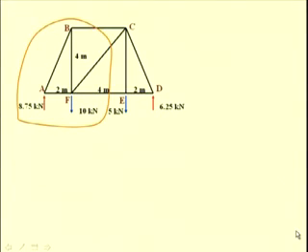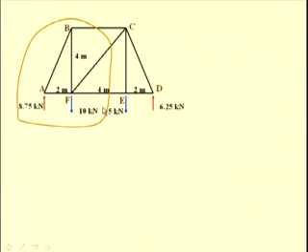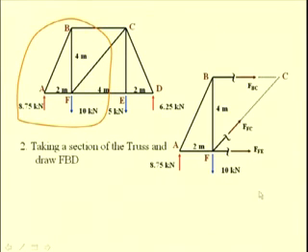Now, let us consider this section ABF to determine the forces in the members BC, FC and FE. So, this is the section that we are going to consider. Let us create the free body diagram of this section. Since this section passes through BC, FC and FE, the forces in these members have to be included in the free body diagram of the portion of the truss. Let us assume that all the members are subjected to a tensile force because of the loading.